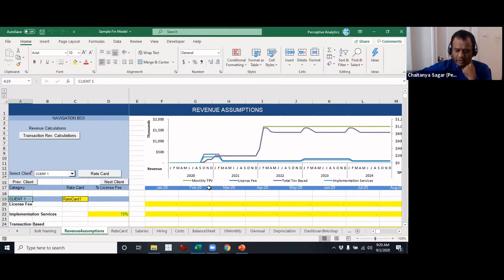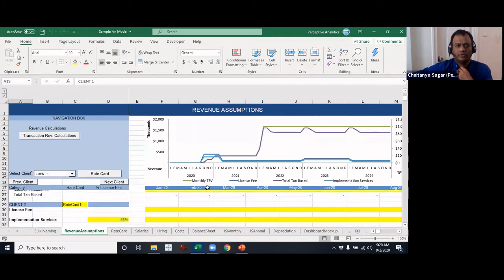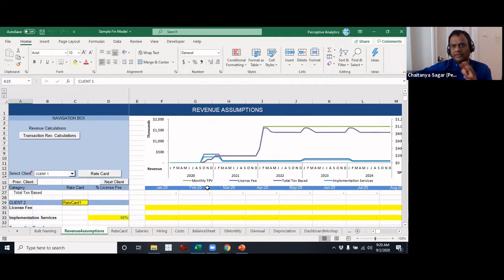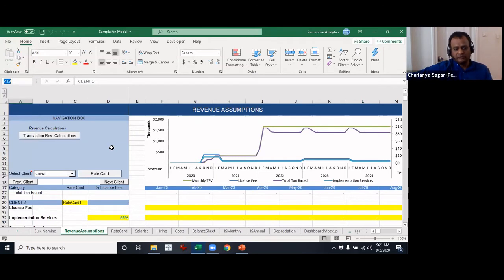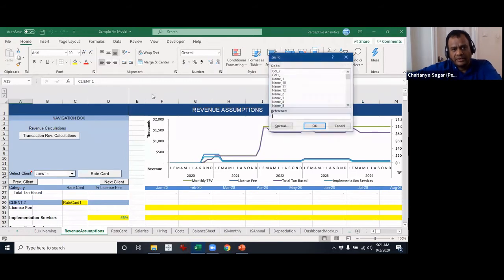Apart from all this, we have also seen naming of cells. We saw how to name cells and how to use them in various formulas and what the utility of that is. So those are some of the things that we have done, the navigation, etc. So navigation with the name. For example, you can just click on something and go straight there. You can also use Control G for go to.